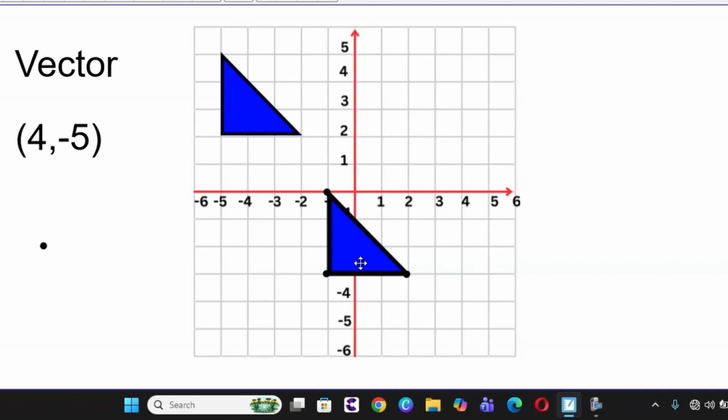So you can see now that we have a new image. So let's call this A. Let's call this new image B. So basically that is how to translate an